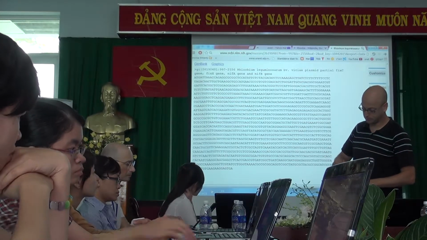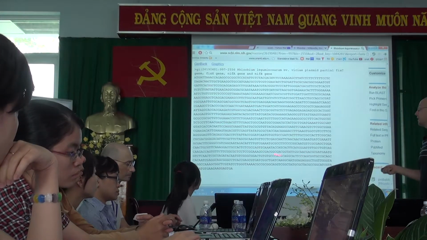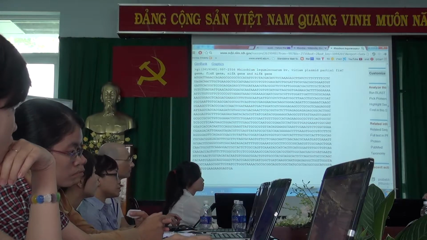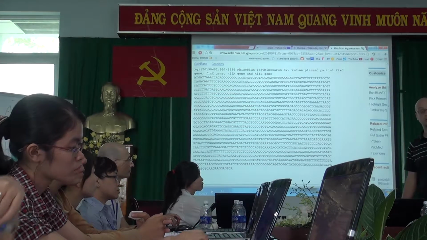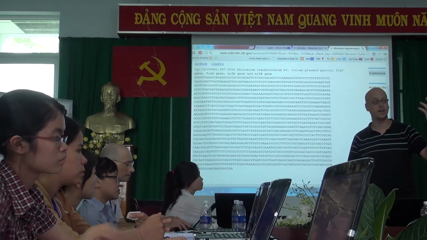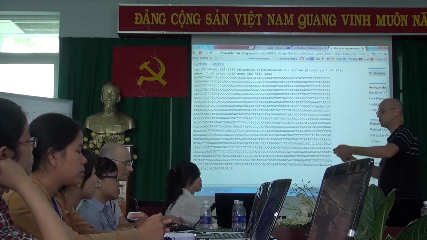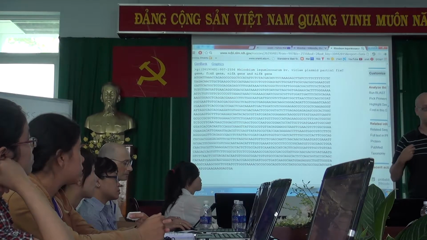Now, if we want to take this sequence, we want to print it, we want to save it, we want to email it, we want to create PCR primers, we want to analyze it, we want first to save the sequence,